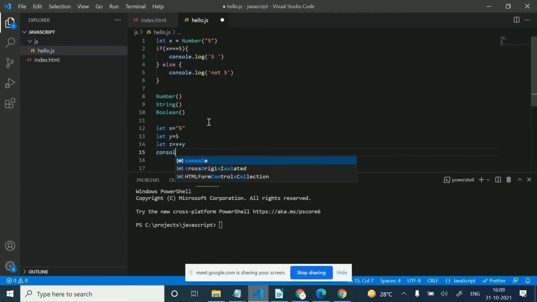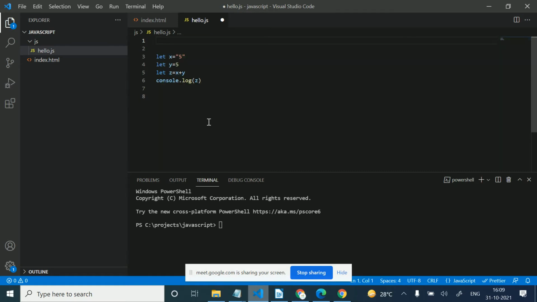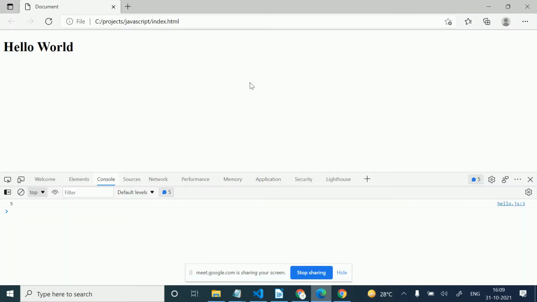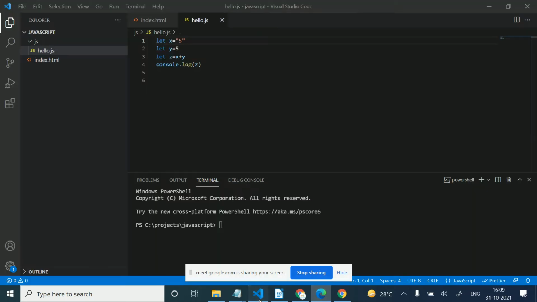Now console.log z. I'm just going to remove all this. So what will be the output in the console? 55.